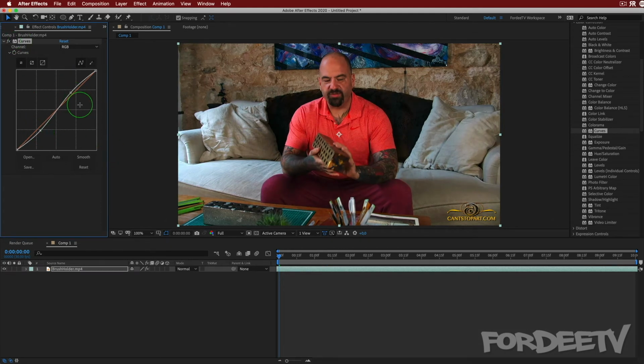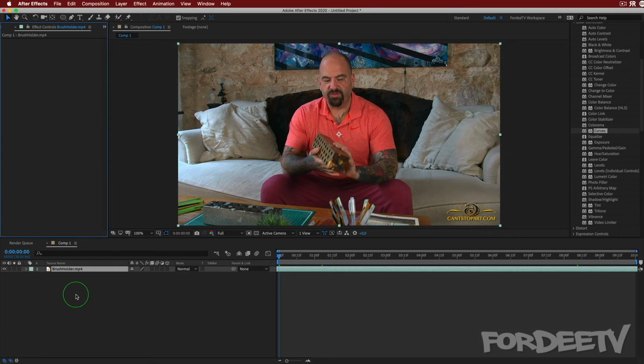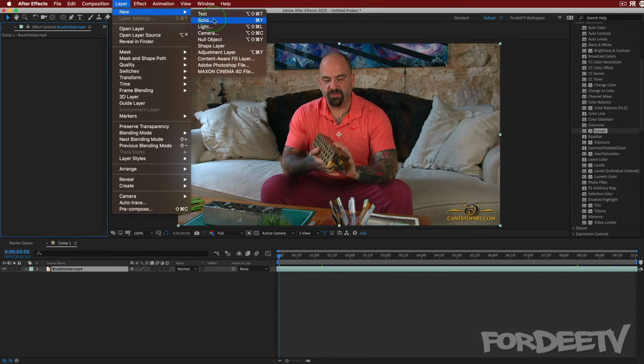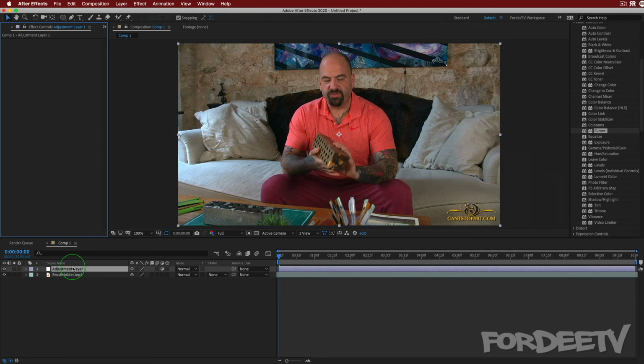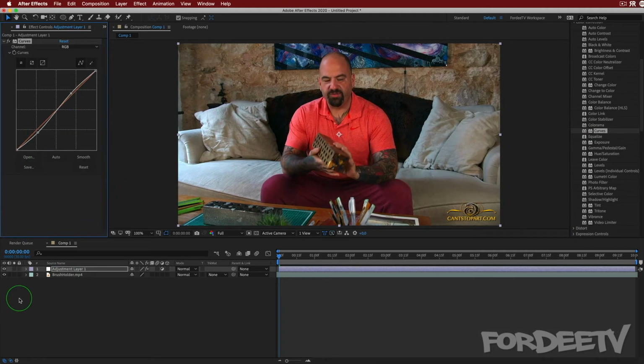Now, the first thing that you should be aware of is usually, depending on the scenario, you may not apply the curves color correction layer right here, right? If I click on this and I delete it, probably what you would do is go up to layer, say new, and then say adjustment layer. An adjustment layer is a placeholder for effects, usually color correction. And so, for example, if I drag this curves onto the top of the adjustment layer and I make the contrast curve, the S curve, and I do that here, this is going to apply to every layer below the